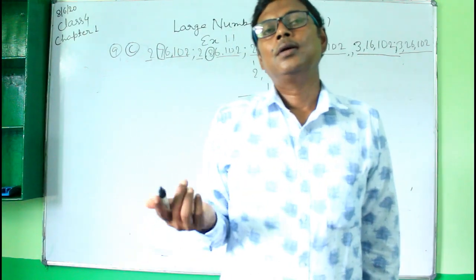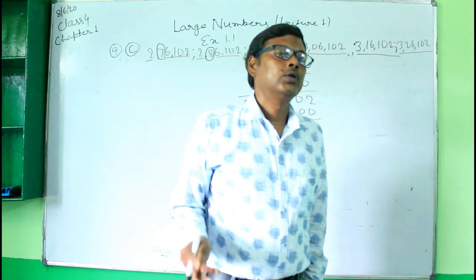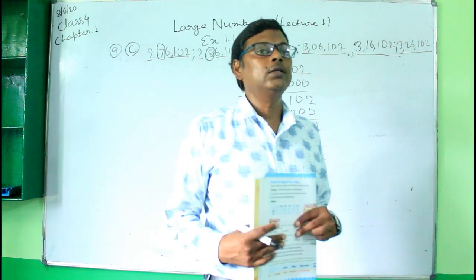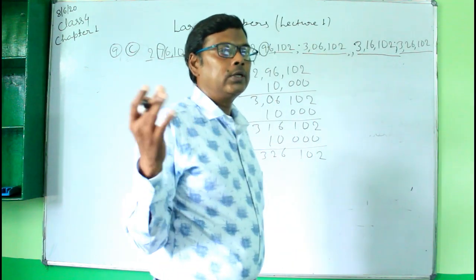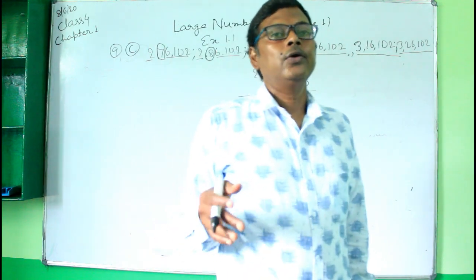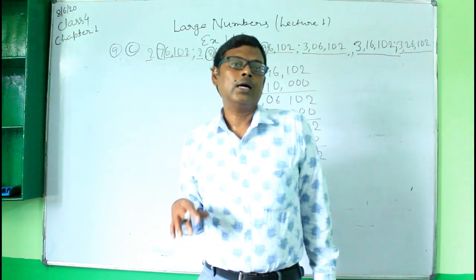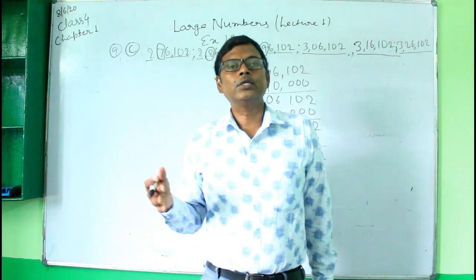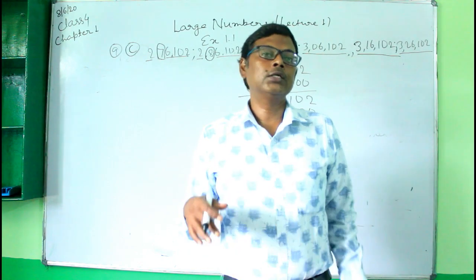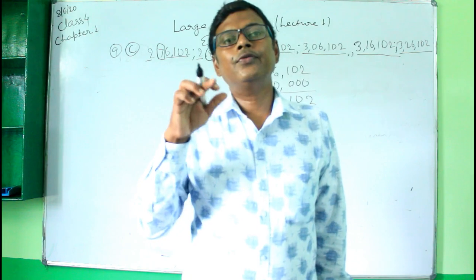For example, when you count, you have 1, 2, 3, 4, 5. So here 1, 2, 3, 4, 5 are the consecutive numbers. That is, in these counting numbers, if I ask you what is the next number after 5, your answer will be 6. Similarly, what is the next number after 6? That will be 7. So here 5, 6, 7, 8.